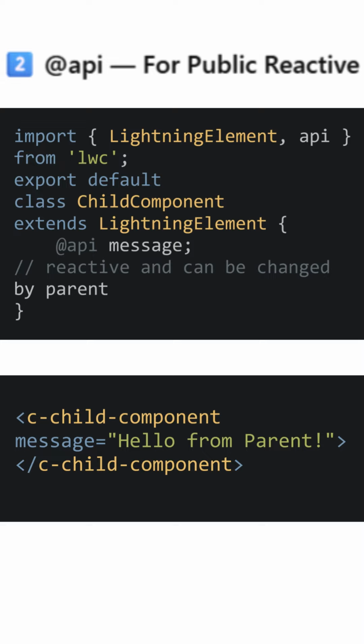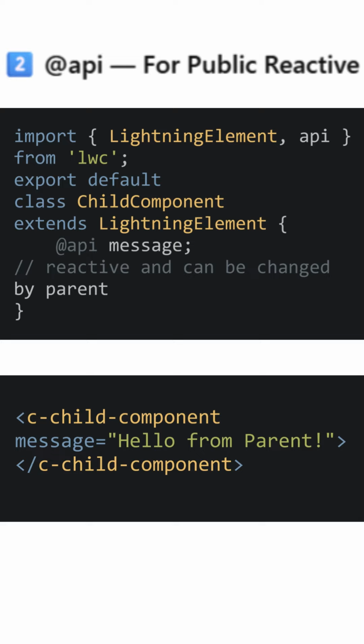In the parent component, we have a part where we call this child component, and we have passed this message in there. When we call this from the parent component JS, this message will be displayed, like "hello from parent".